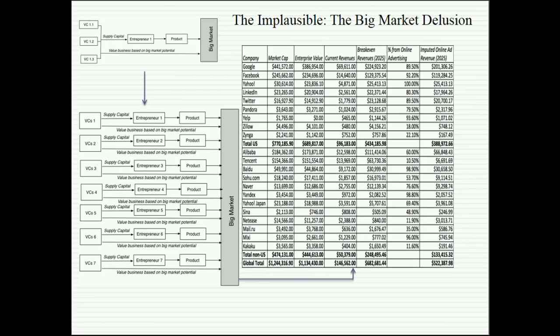So unless you tell me who Snap is pulling revenues from, and you can no longer use the New York Times, it's gone. There's not enough revenue here. It has to be getting revenues from Facebook or from Google. I don't see how you can get to a $30 billion or $35 billion value.